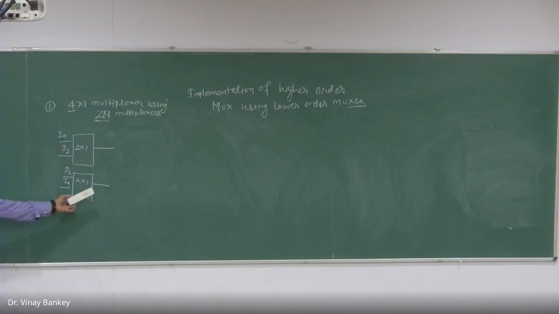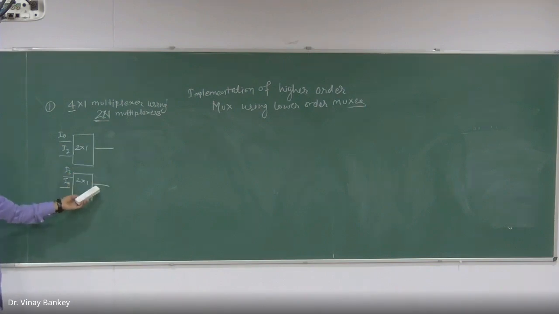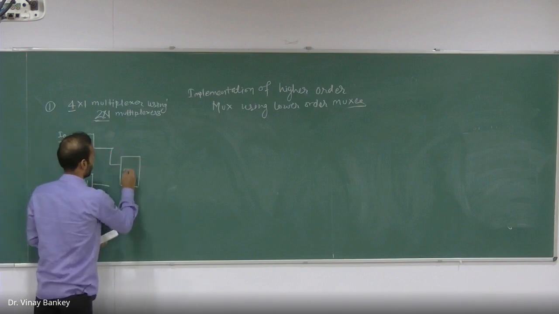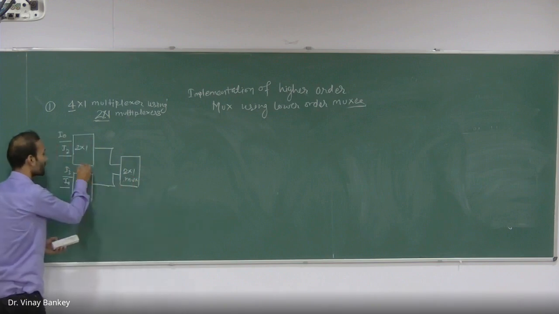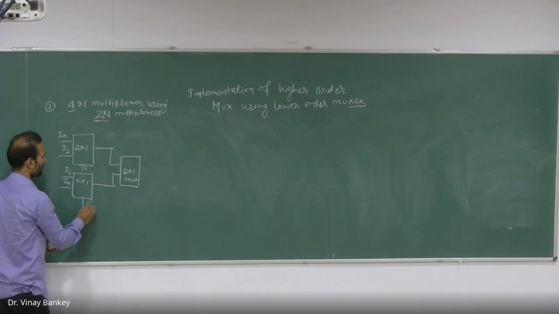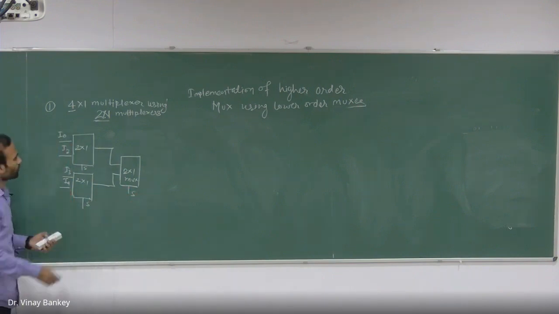Now see, for a 4x1 multiplexer, I should have only 1 output, but here I have 2 outputs. So how will this problem be handled? This will be handled by another multiplexer. And each of these multiplexers will be having a selection line. So for 4x1 multiplexer,